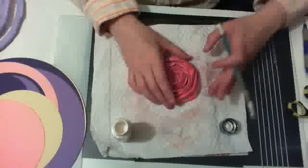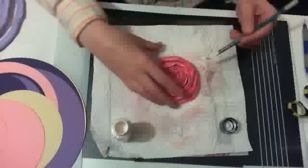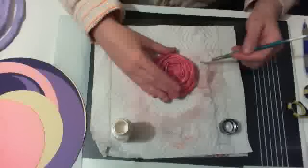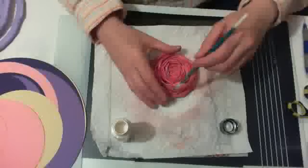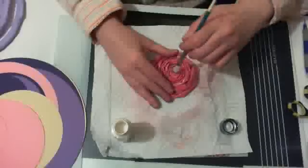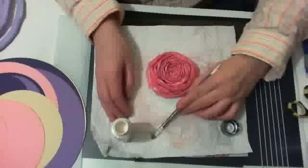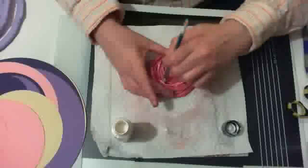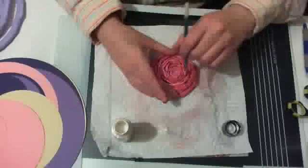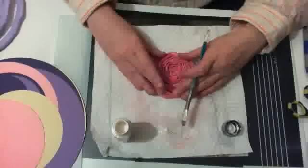A little heavy over there. Don't forget to get the inside if you're going to frost, because you don't want to leave kind of naked spots. Okay, so,